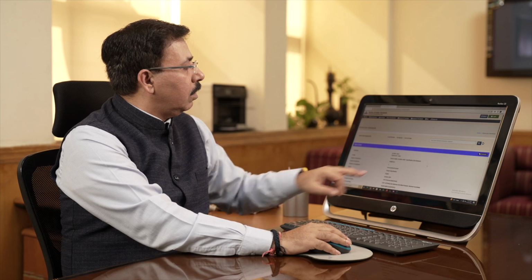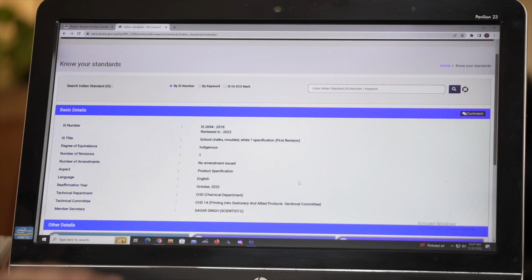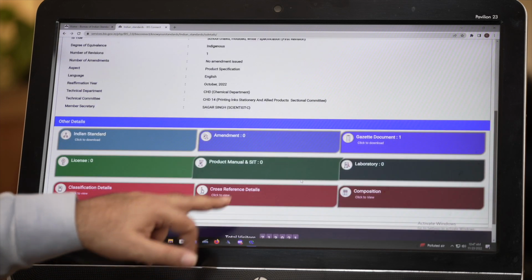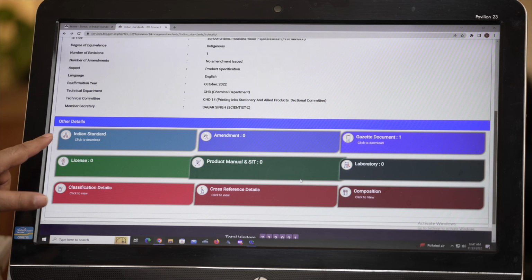It was made in 2018, and when I go below, I can download the standard from here, and I can see most other information that we need to know about standards, right? So see, it is very simple to know standards for any given product. And now you can keep thinking of products. You are using thermometers, you are using benzene, and so many other products in your school. Go to the BIS website, keep navigating, keep learning.